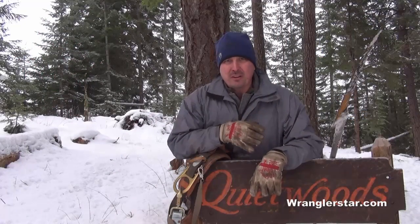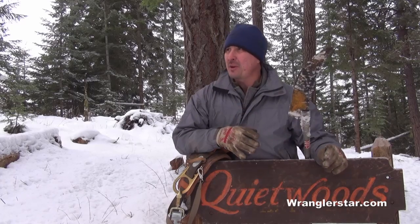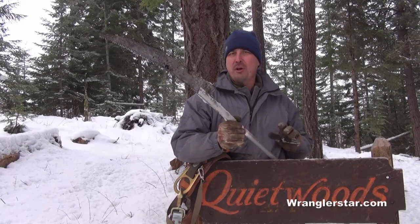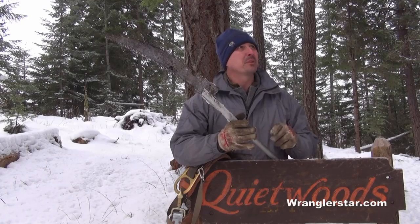So here I am back in the quiet woods, and the majority of the limbing that I've done around the property as I'm working in the forest has been done with the pole saw. I can reach up to about 12, 13 feet or so. That works really good because you can work on the ground. But there are a few trees